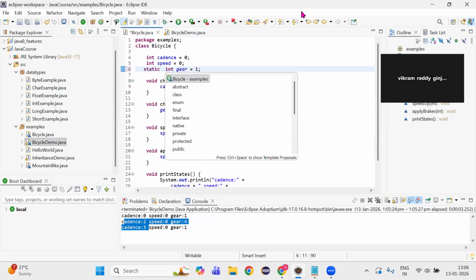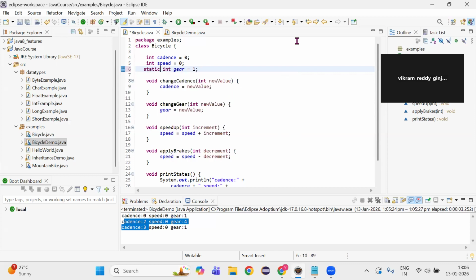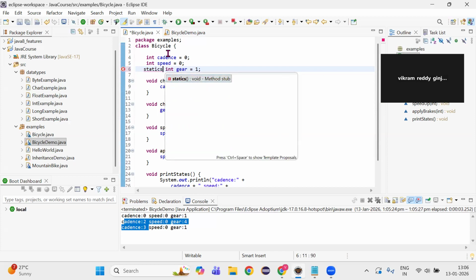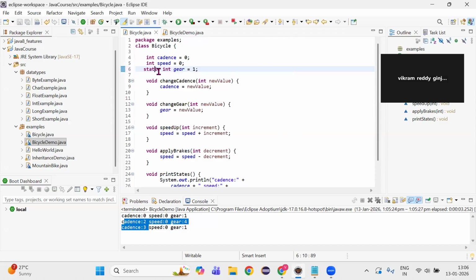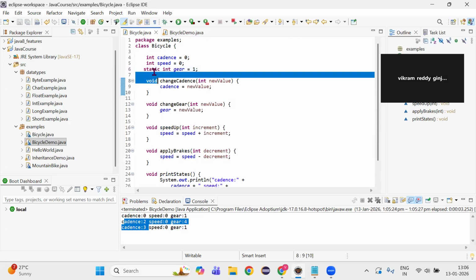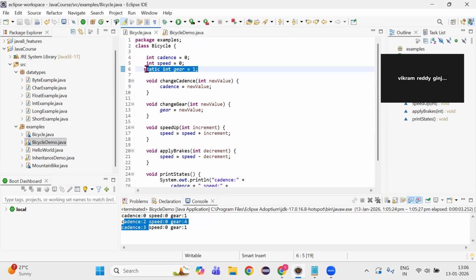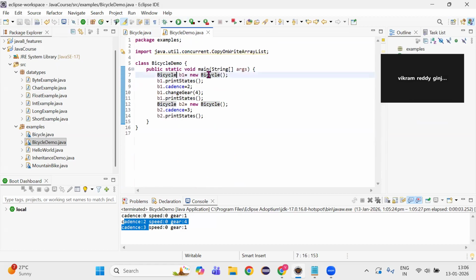So these are class level variables. When I mention it as static, it is a common variable, meaning it is at the level of the class, not at the level of the object. Okay. So if I do it like this, see,